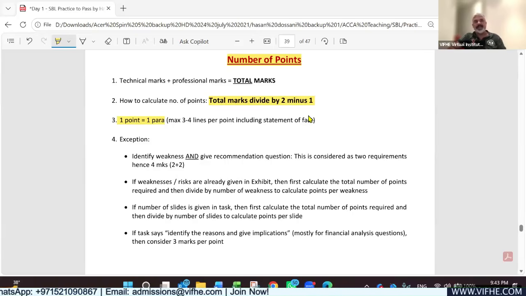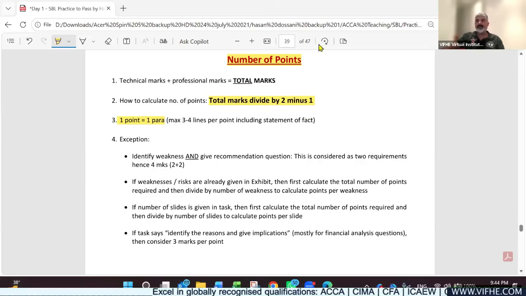If you are supposed to write 5 points, then how many paragraphs? 5 paragraphs. 5 points means 5 paragraphs. Very simple. Each point should be a separate paragraph. Do not try to mix 2 points in one paragraph. Each point should be a discrete